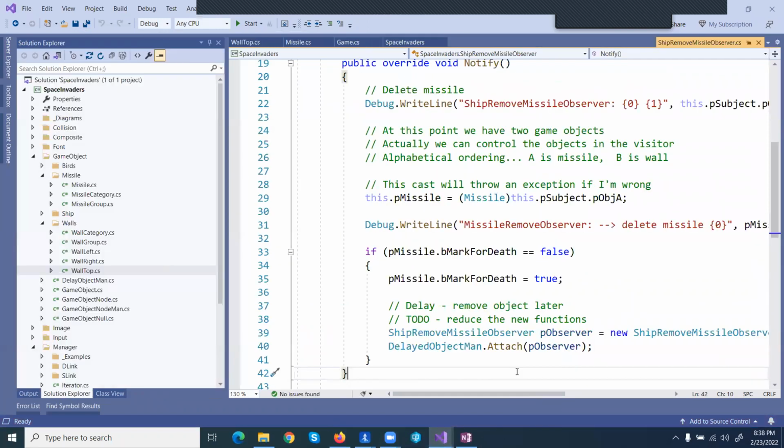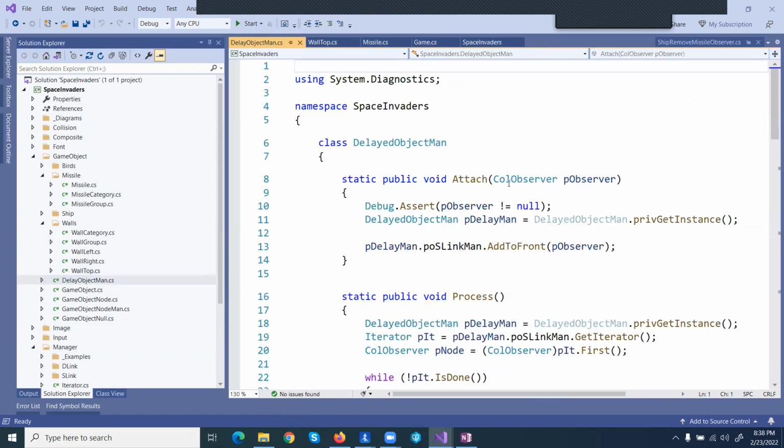And so the approach to do is a mark and sweep kind of thing, where basically we don't remove it out of the tree we're actively comparing. We give it a mark for death. And so we see this a lot when we are dropping bombs and missiles on the same brick, and we're trying to delete the brick twice, and you can't remove something that's already been on a list. And so what you do is you basically take your class and you just say, I'm marked for death, and you add it to a to-do list, and that to-do list will later remove it. So the delayed manager basically is a collection of